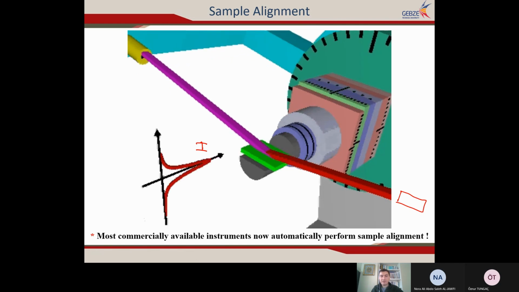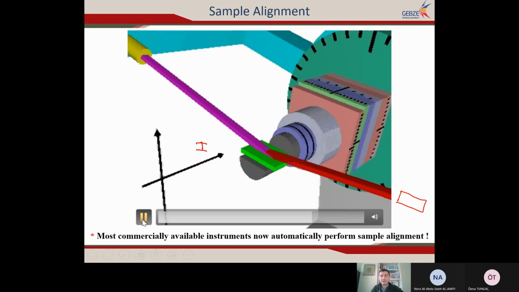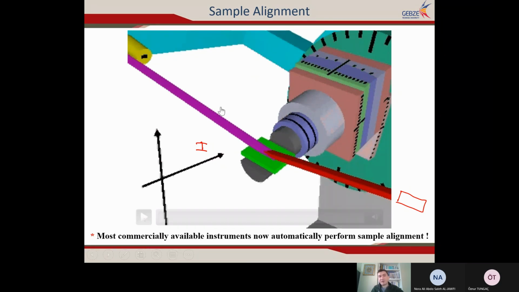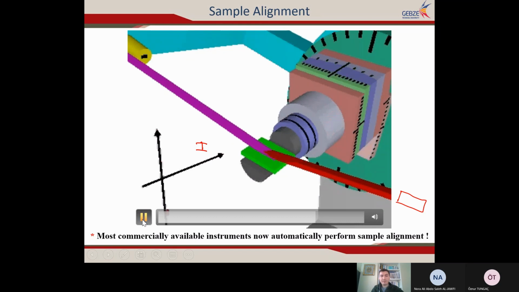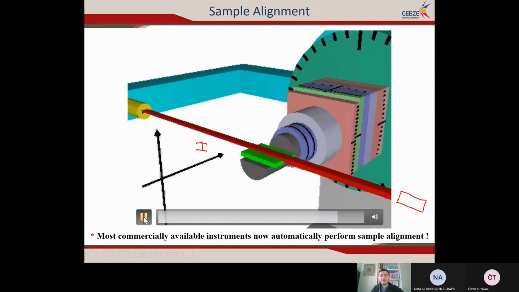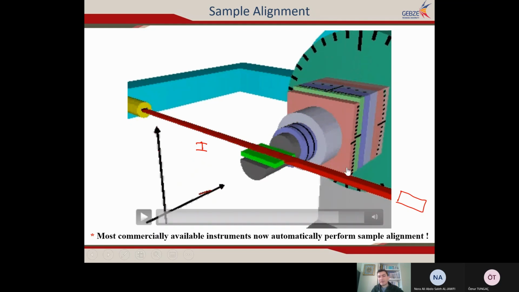Theta scan, okay? And if the position is correct, we are doing another scan, chi scan. This is required to exactly make the sample surface parallel to the beam. Then after this step, you go to the starting point, you have the half intensity, sample is perfectly parallel to the X-ray beam, and you can start for